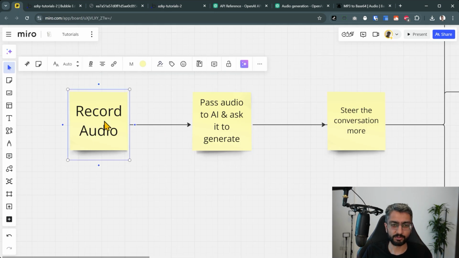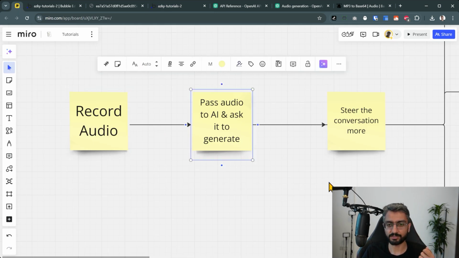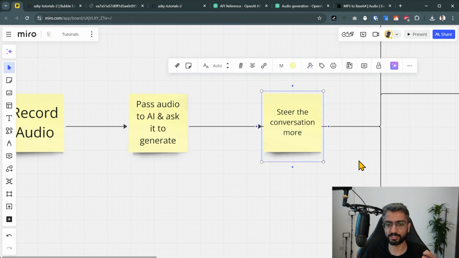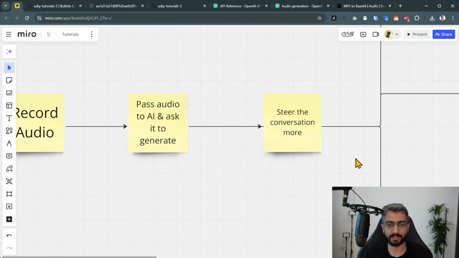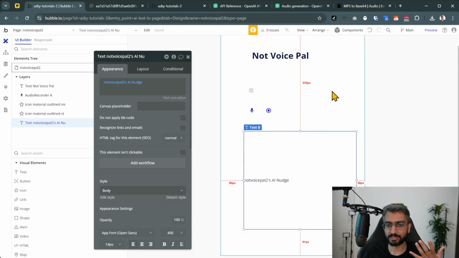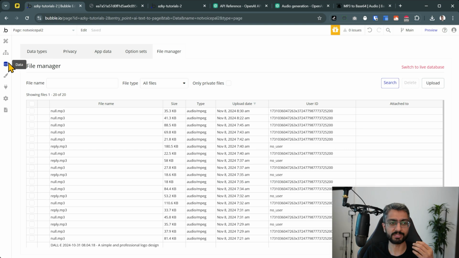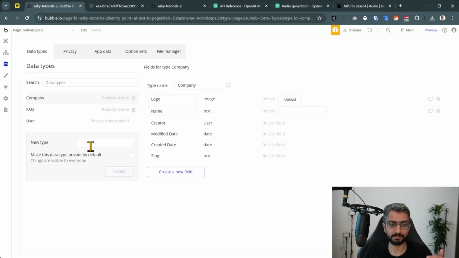I record audio, I pass audio to AI and ask it to generate something and steer the conversation more, and I do it again and do it again. Now, of course, in a production system, I won't just be saving it in states. I'll actually be using the data tab in data types, and I'll be saving all of these in a database. But let's